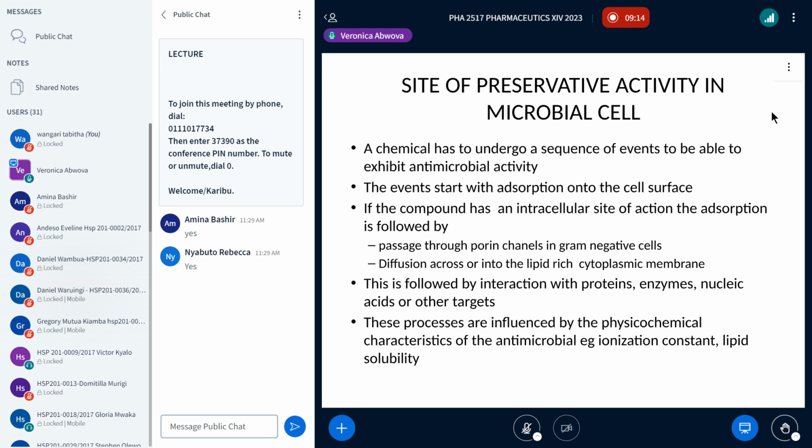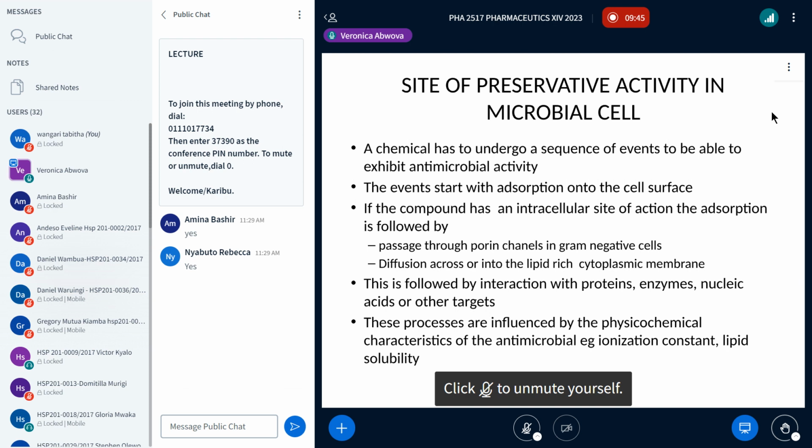First, the chemical will start with adsorbing onto the cell surface, and then if the compound has an intracellular site of action, adsorption is followed by passage through either porin channels in gram-negative cells or diffusion across the lipid-rich cytoplasmic membrane. But remember, the chemical might as well also work on the microbial cell wall